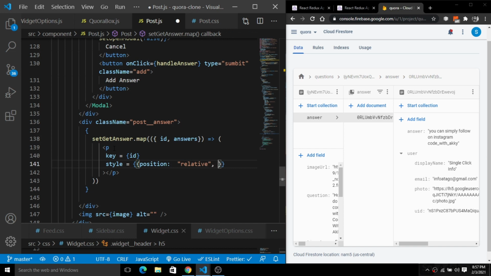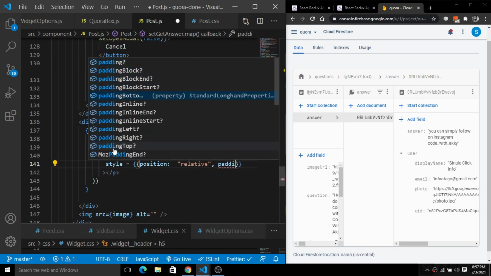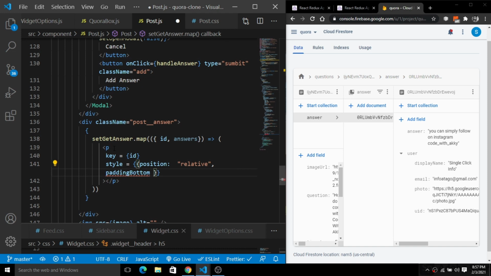And we will give a padding bottom of 5 pixels. Fine.